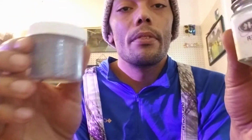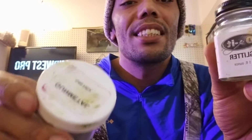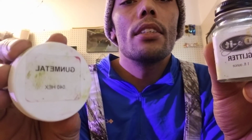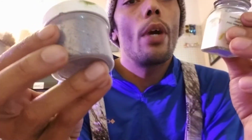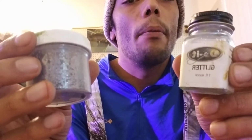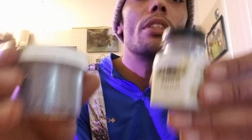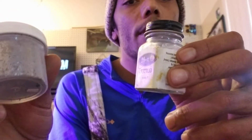Next guy you're gonna want here, glitters. There are many different types of glitters, many different colors, many different shapes, many different sizes. This here is gunmetal, nice hex shaped, so you can get hex shaped, square shaped, circle shaped, any of that kind of stuff. I'll also make another video about glitters. I'll make another separate one about pigments, colorants,